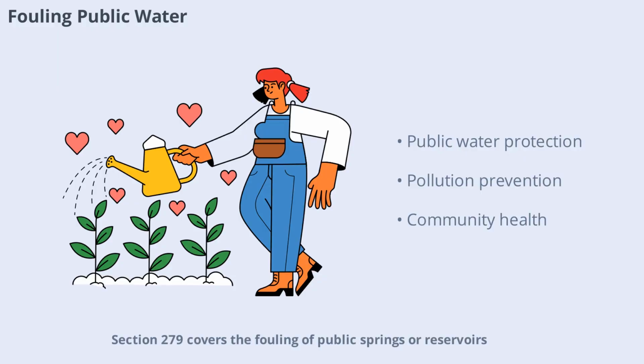Section 279 covers the fouling of public springs or reservoirs. Water sources belong to the community, and anyone who voluntarily corrupts or fouls them commits a public nuisance. The law requires that the water be rendered less fit for its ordinary use, emphasizing the importance of clean, accessible water. Protecting public resources is vital for health and well-being, and this section ensures accountability for those who pollute shared